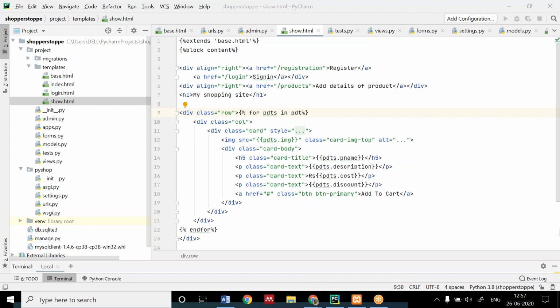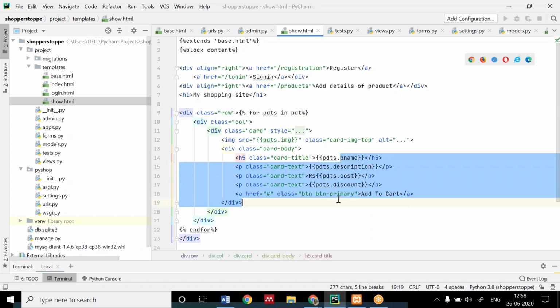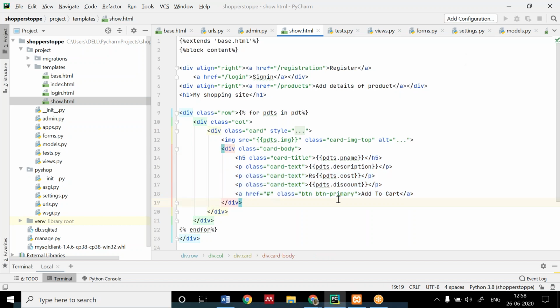Any doubts can be shared on the chat box. Rest of them will write this. If you don't want to have this card class right now, you can skip this. You can only write the code for PDT product. For faster coding, you can skip these lines. You can add the Bootstrap afterwards.